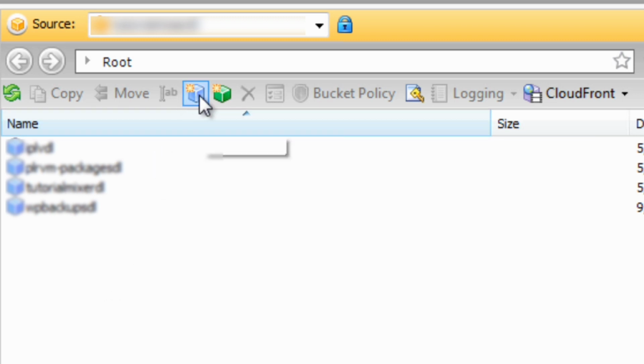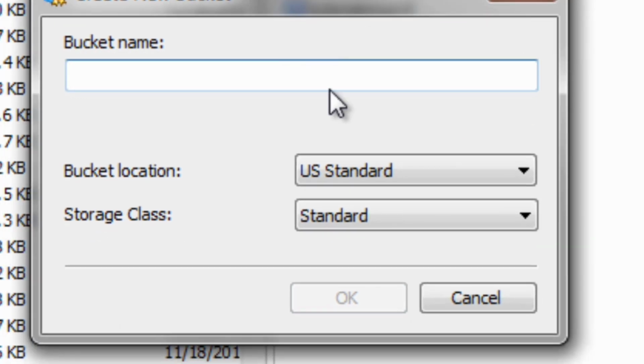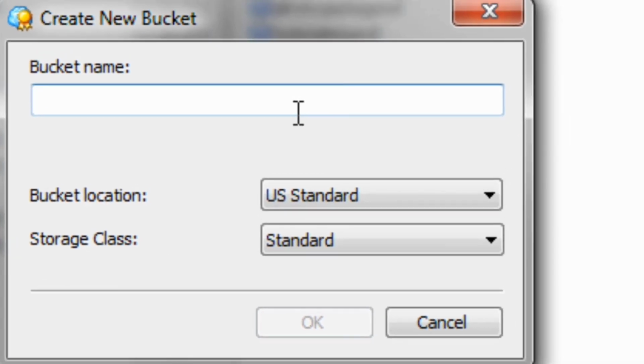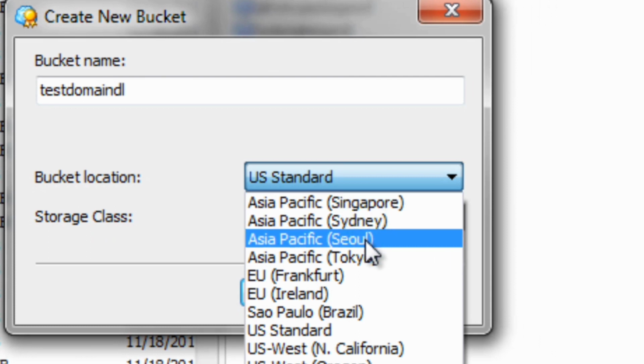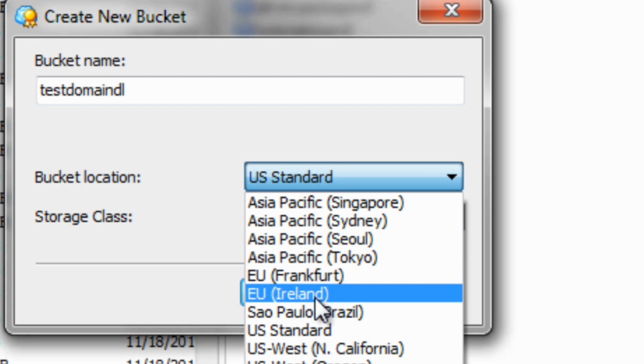All you have to do is click on the blue square icon. Then we create a bucket name. Keep in mind that you want to name it using a naming convention so that you know what that bucket is. Next, it's going to ask you for your bucket location, meaning are you going to upload the files to a server within a certain region like Singapore, Sydney, Australia, Tokyo, Seoul, Korea, Europe, or